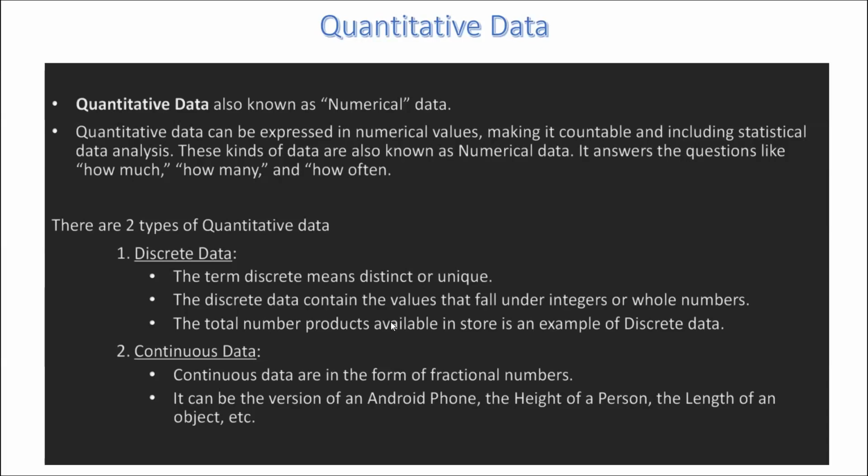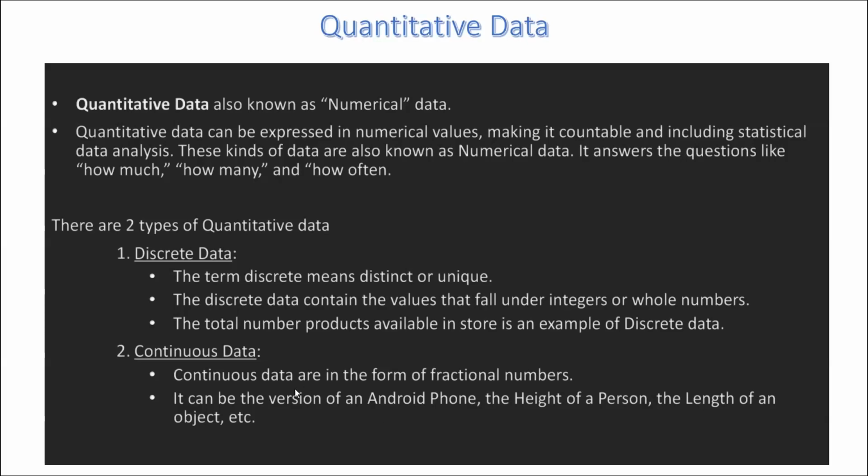In terms of discrete data, we understand that each and every product doesn't have a relation to the others. Product A doesn't have a relation to product B, and product B doesn't have a relation to product C. Each and every one is individual. But when we do the count, we can count the data: how many products are available in our store?